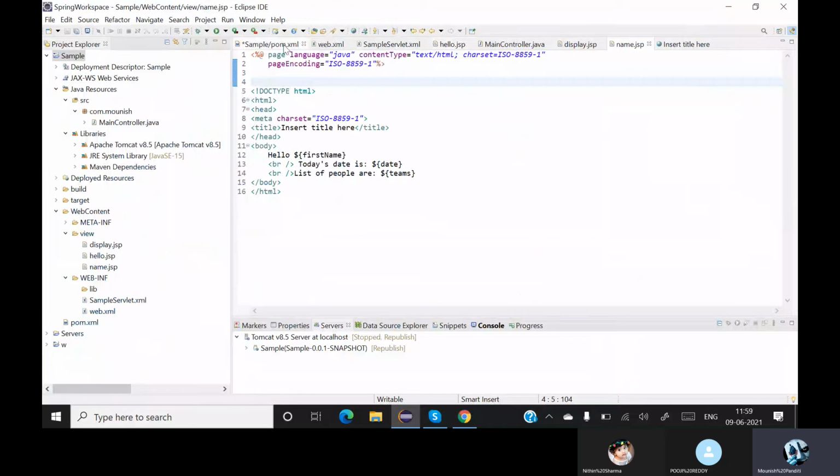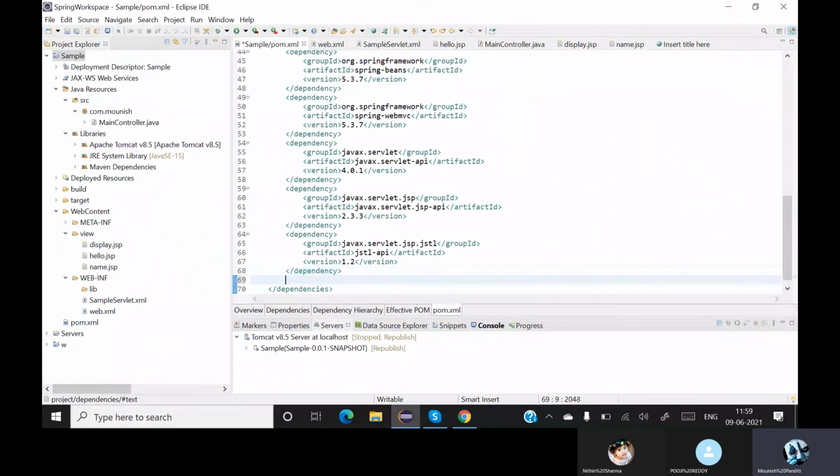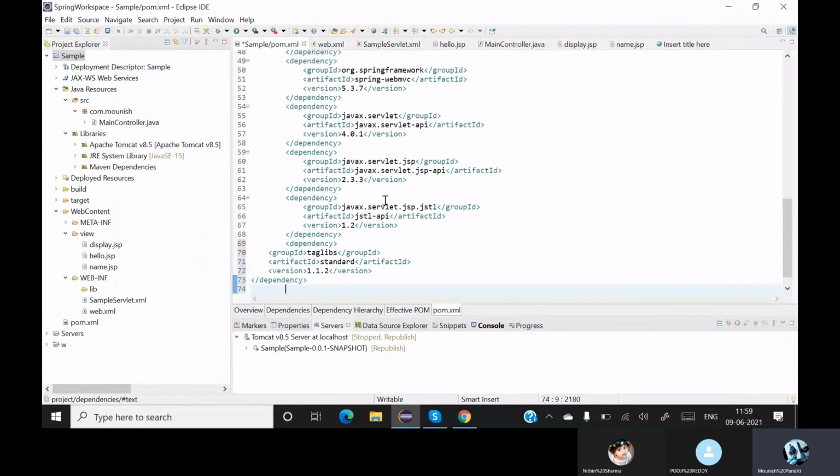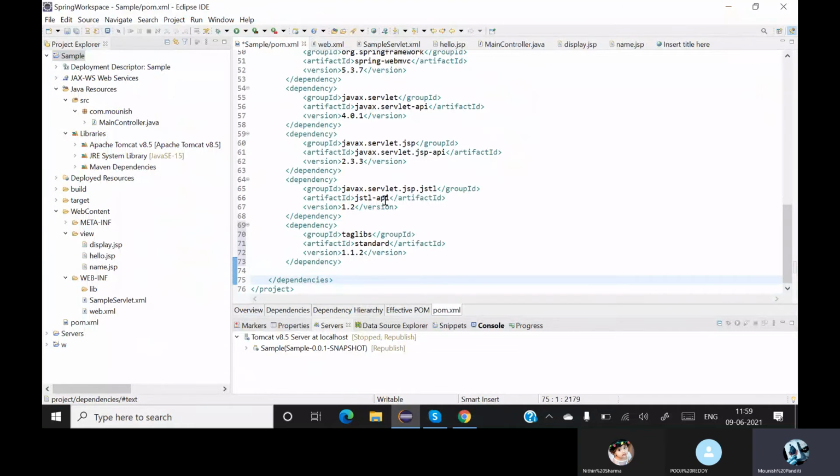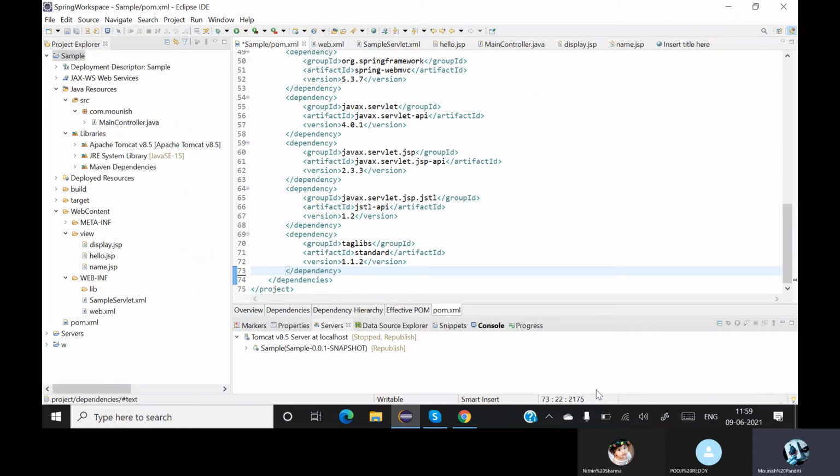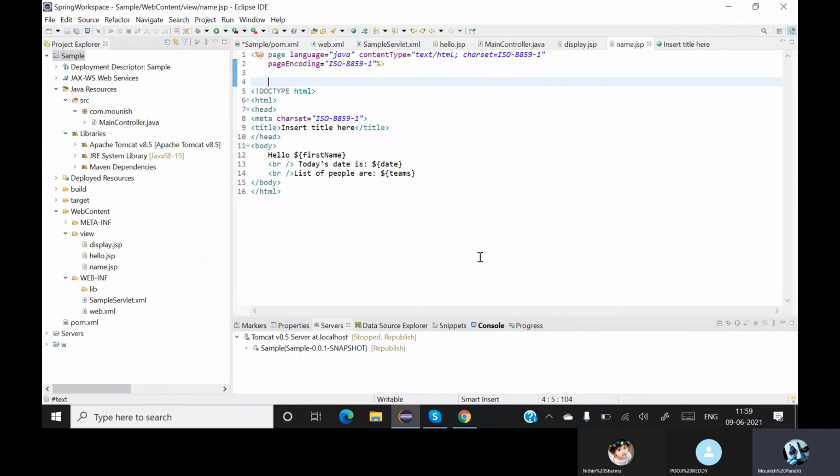So now let me go to my pom.xml, paste it, and then format it, save this, so that that particular dependency gets downloaded. It's downloaded, it's building, it's done. Now let me go back over here inside this.